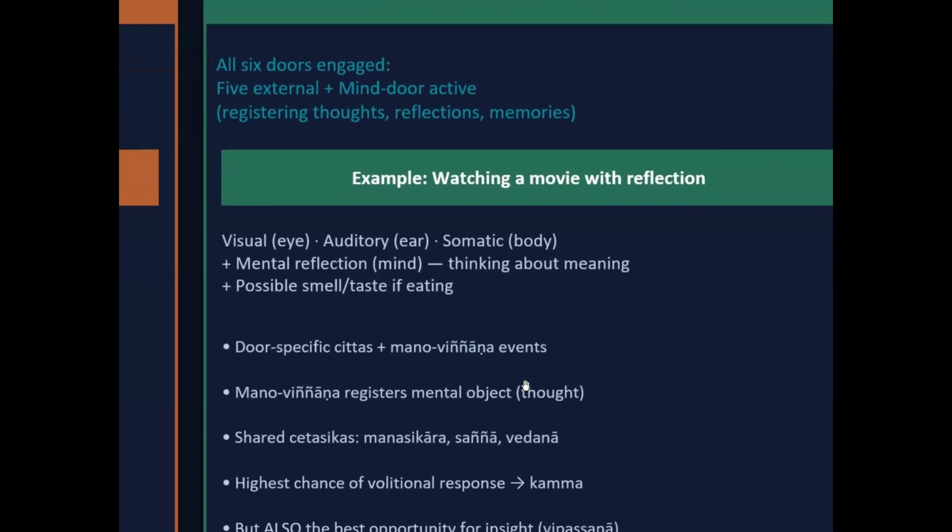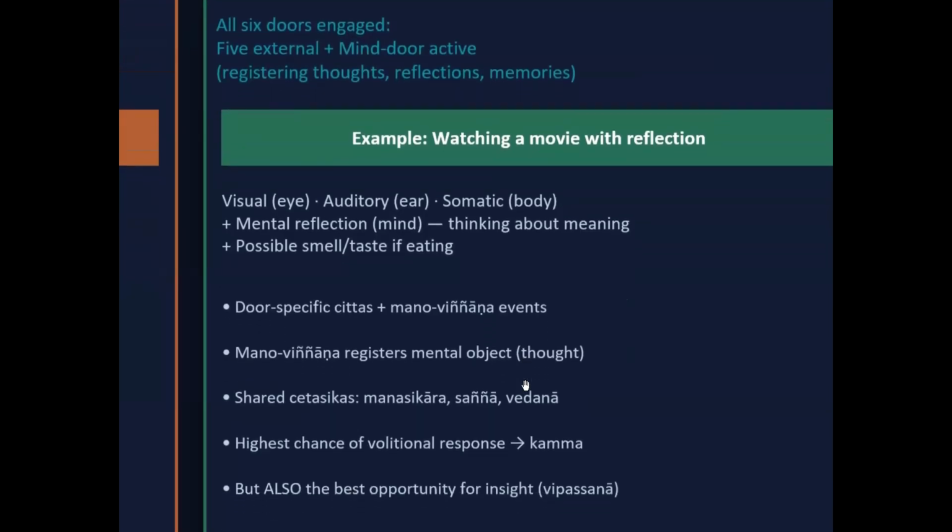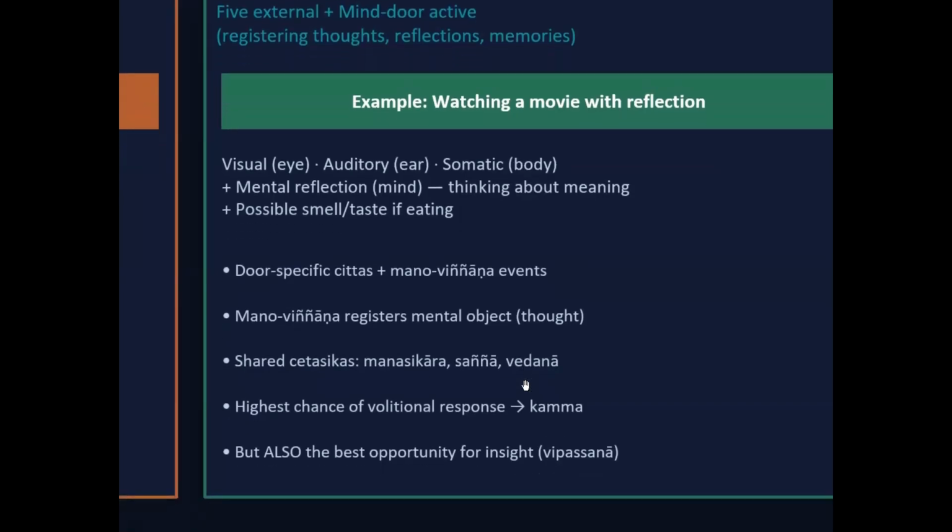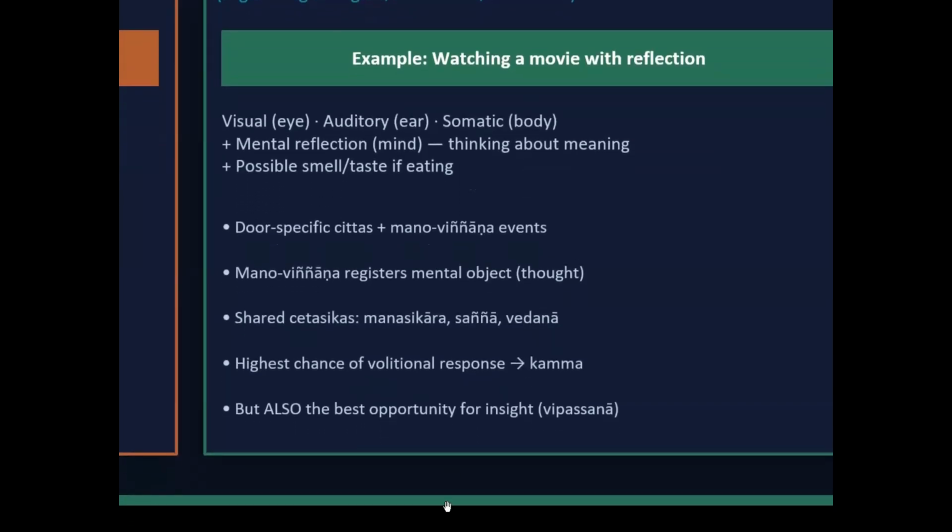So when the specific door which is strongest is open, plus the manovinnana events arise. So this manovinnana registers the mental object, the thought will start to arise. Okay, this is when karma, good and bad, will be created. Then we share Chetasika like the four universal ones.